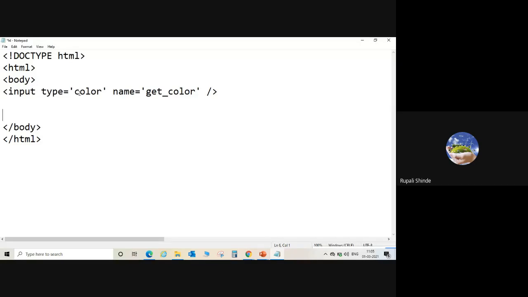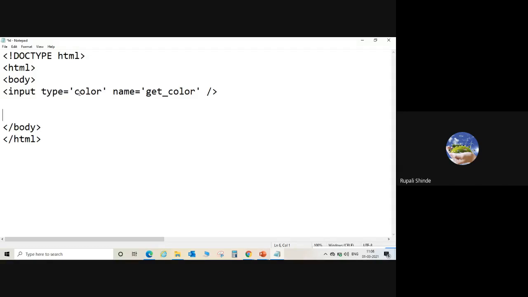The input element is a very important element because it gives you various facilities to design the form. Now HTML5 uses additional types like color, date, time, week, month. Input is the basic element which has the attribute type, and always you have to mention the type of your input, which type you want, text box or a checkbox, whatever you want.